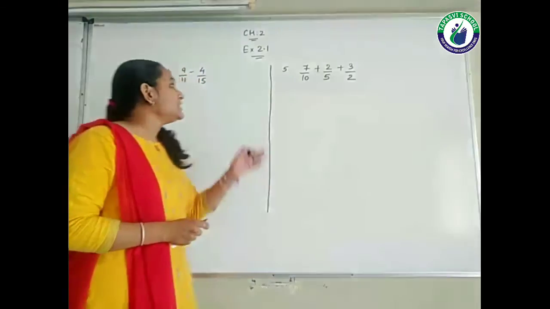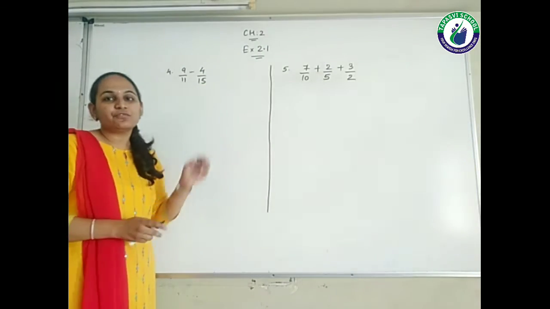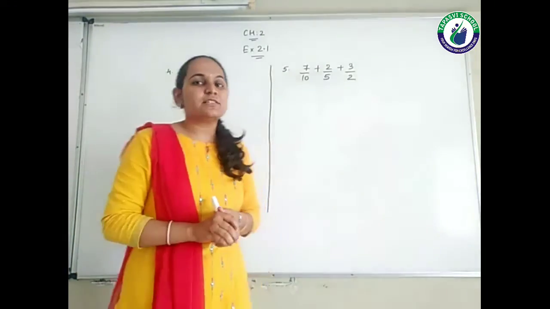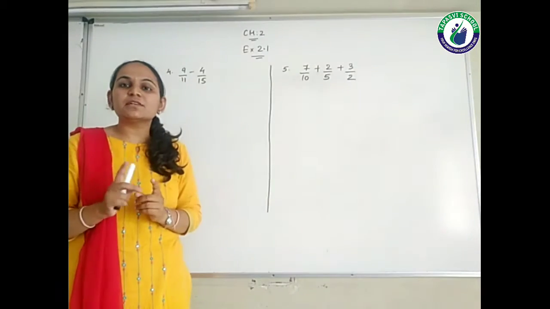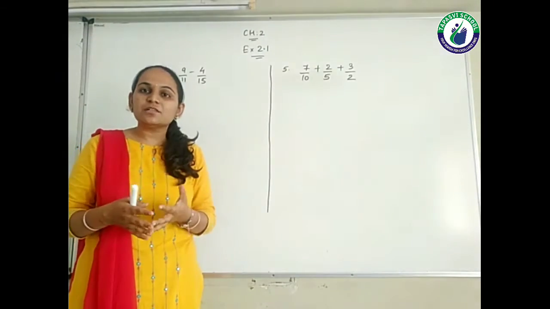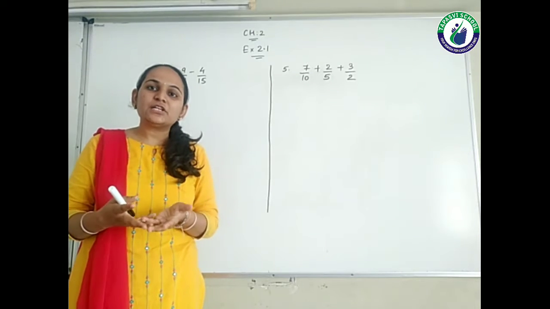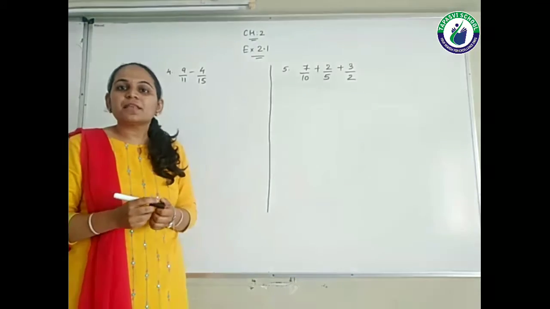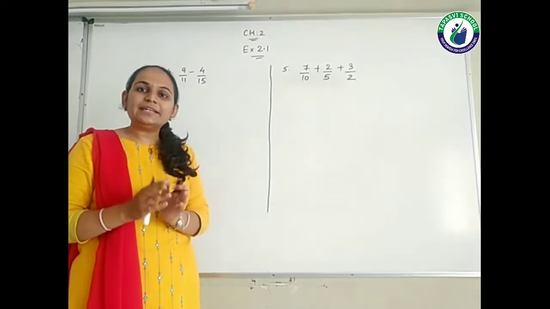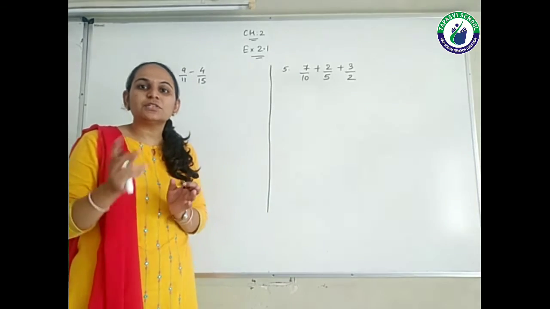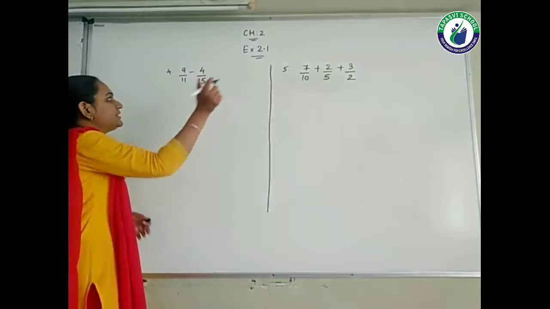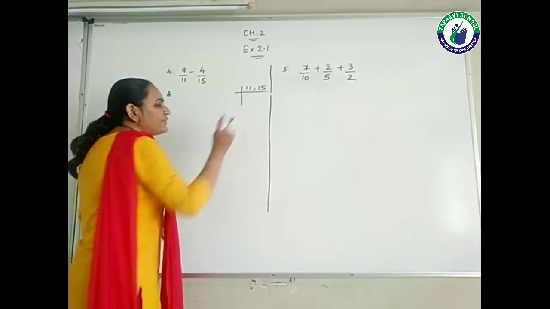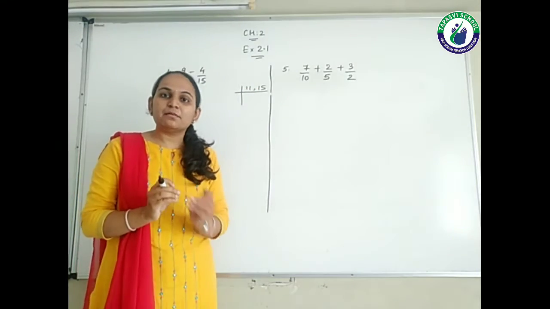So the question is 9 upon 11 minus 4 upon 15. Students, if you see the denominators, 11 and 15, out of these two numbers, one number is a prime number. So here also you can take advantage of multiplying both the numbers and write the LCM, or else you can find the LCM by prime factorization. Now I am showing you with the prime factorization also, so that you don't have any kind of confusion in your mind. So here I am showing you prime factorization. So always use the prime numbers, right?